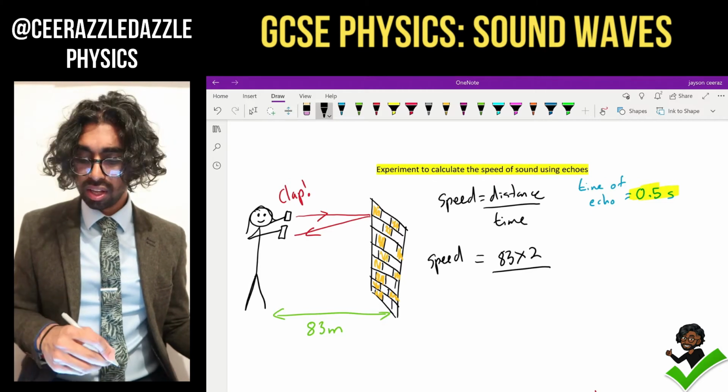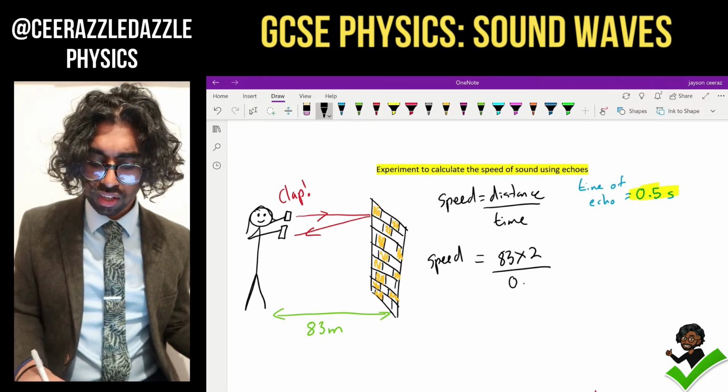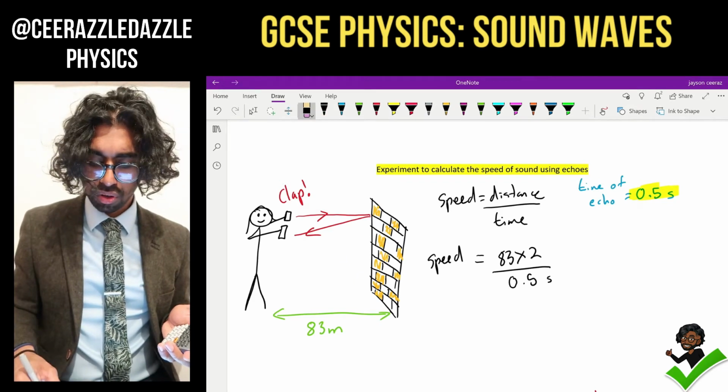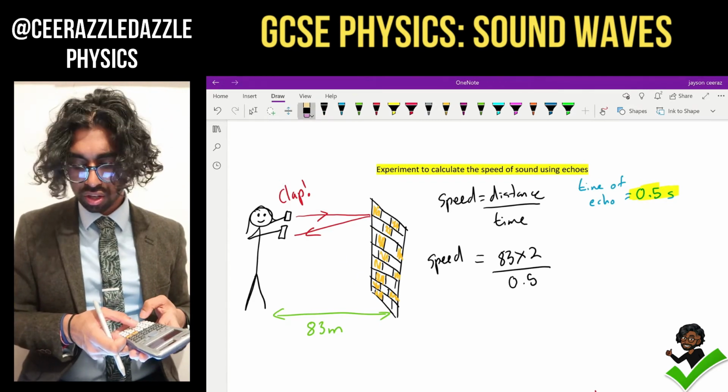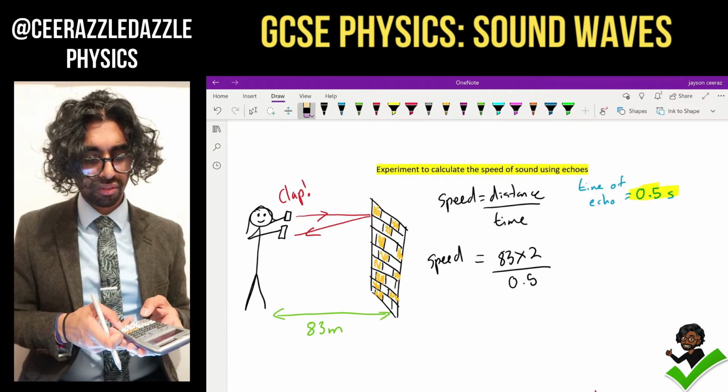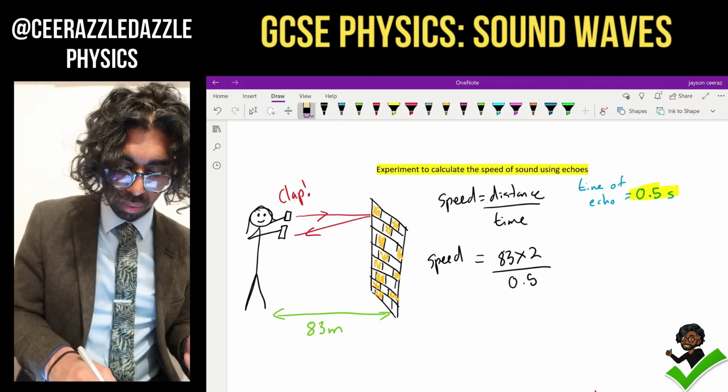Yeah, and the time, let's say it took 0.5 seconds there. Here we go. So plug it into a calculator if you want. If you can do the maths in your head, totally cool. 83 times 2 divided by 0.5. Bang, I've got the speed of the wave